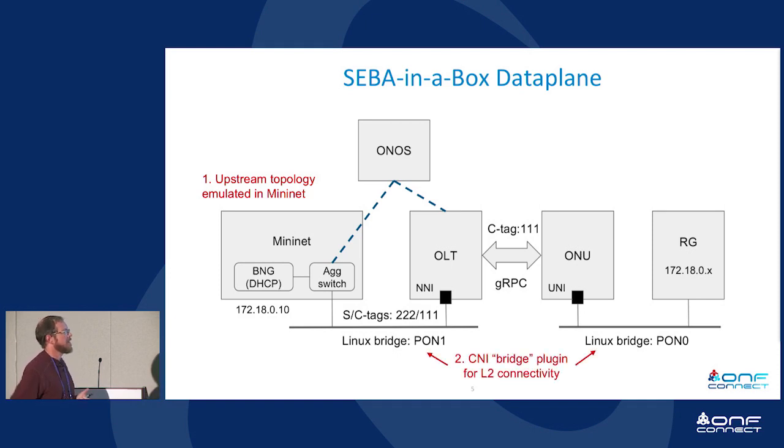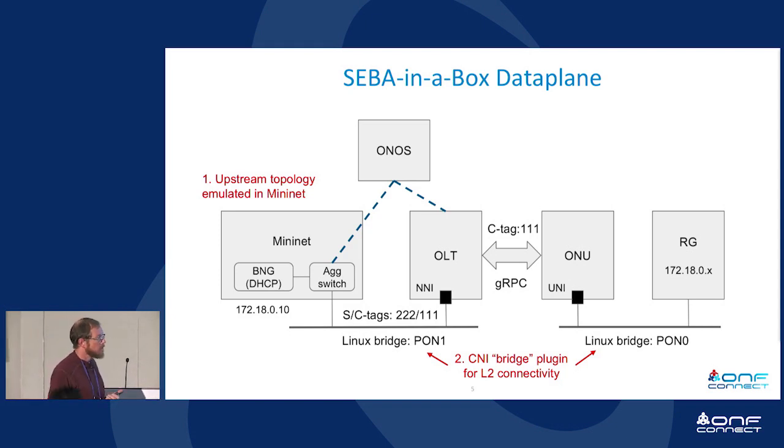A second thing to note is, what we want to do here on the data plane is we want a layer 2 data plane between the RG and the BNG. All of this is running on Kubernetes, and Kubernetes is pretty opinionated about how the network needs to look. In particular, the default Kubernetes networking is all IP. It doesn't really easily let you do layer 2 connectivity like we want to do here between the RG and